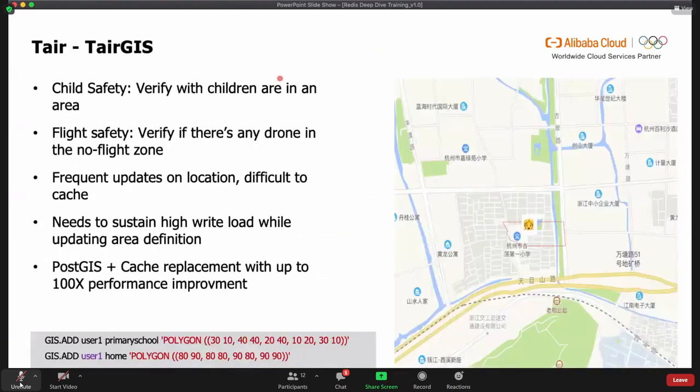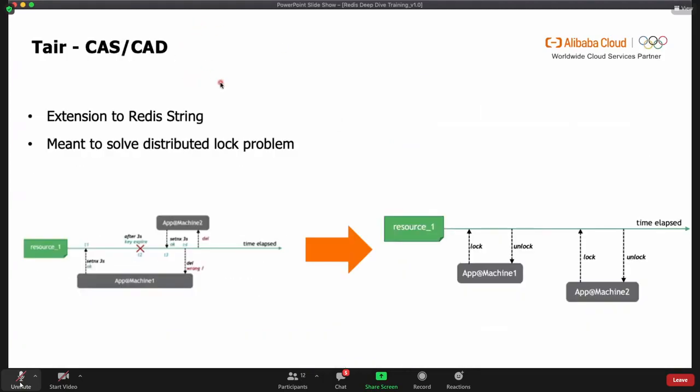So we have this data structure called CAS or CAD. CAS stands for compare and swap. If you are familiar with the C programming language, the hardest thing is when you have a particular item and there's concurrency, with a lot of clients trying to access this object, you have a problem with concurrency. And the native Redis data structure doesn't allow you to handle it properly. You need to do